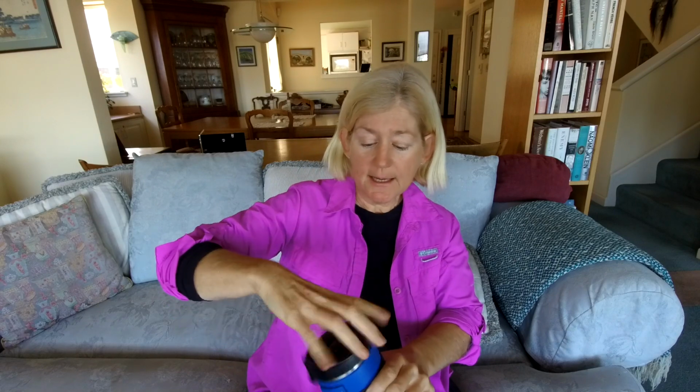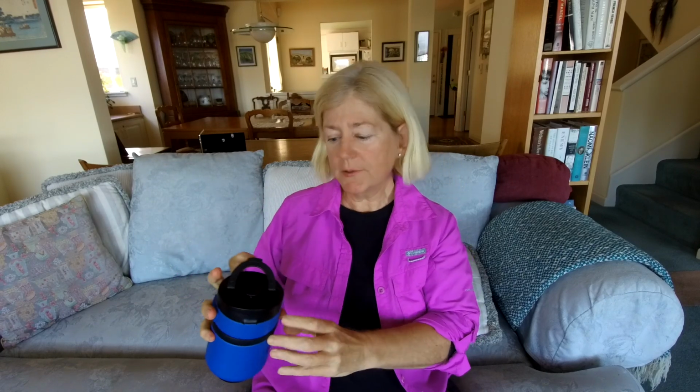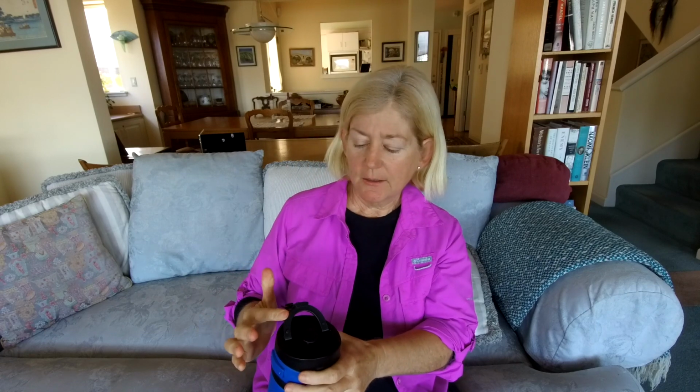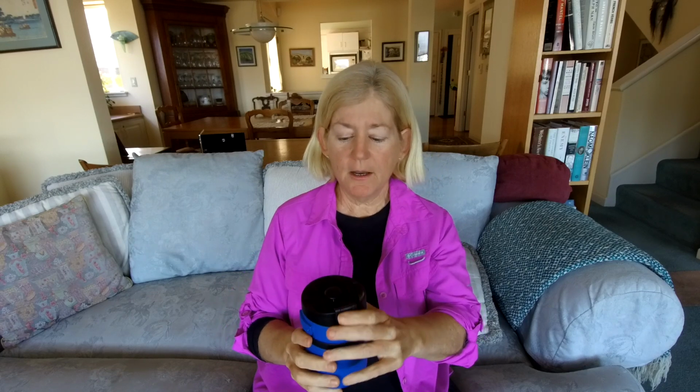Some of the other improvements are that the lid now screws on, and so it's very secure. They've also given you a way to close off the steam holes and the hole that you can drink from. I'm sure this is so that you don't splash coffee in your car. And at first I thought I would just remove this and probably leave it behind because it didn't really interest me. But then it occurred to me that this may actually give me another use for this mug,